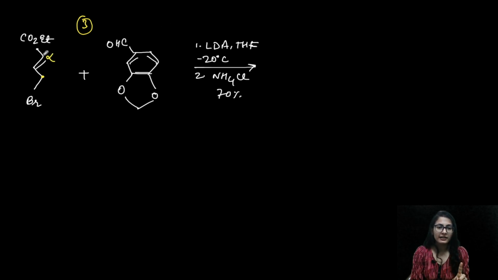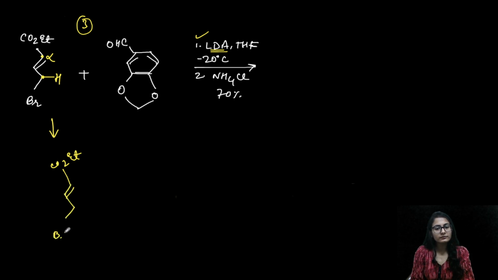This is the alpha carbon, right? But here the bromine is not there. We are having bromine a little bit far away, alright, but it is on such a position that if we are removing this proton, right, if we are doing the enolization, or let's say proton removal by LDA, we are definitely getting, let's say this is what we form, the carbanion after the proton removal by LDA.